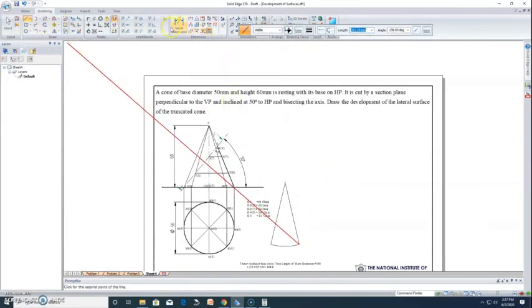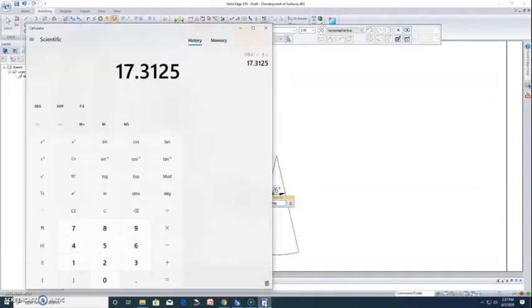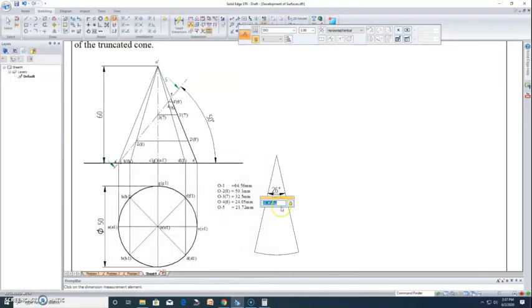Now we will use smart dimension. I'll use the angle between this and this, which should be 17.3125. So this represents one sector.